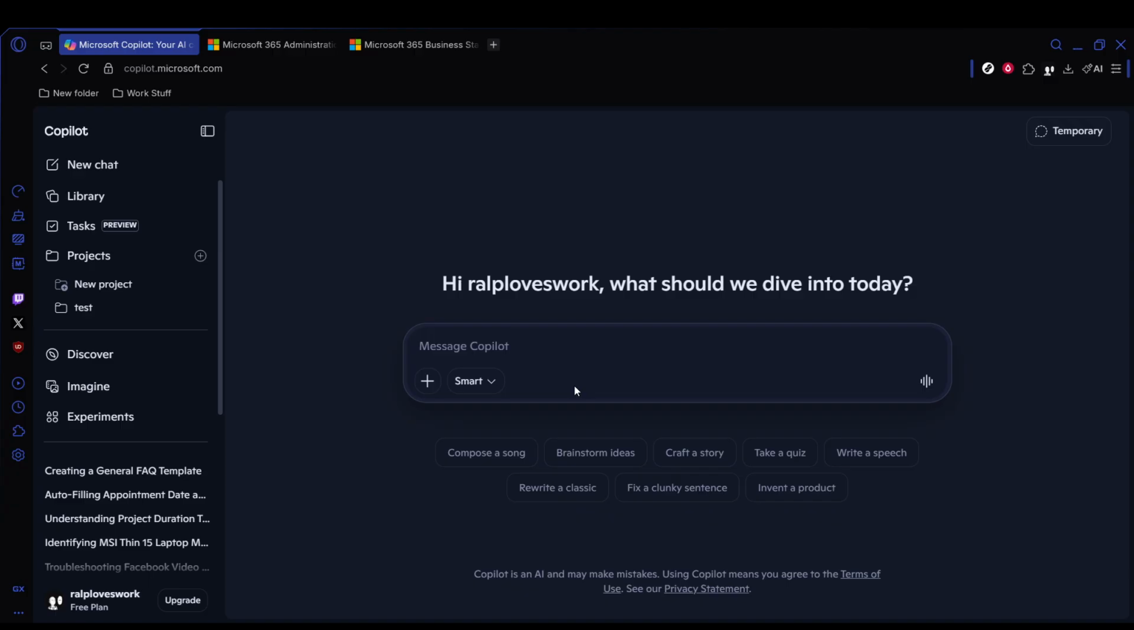And that's it. Whether you're an administrator managing access across Microsoft 365 or an individual user adjusting your Copilot Chat setup, these steps give you a straightforward